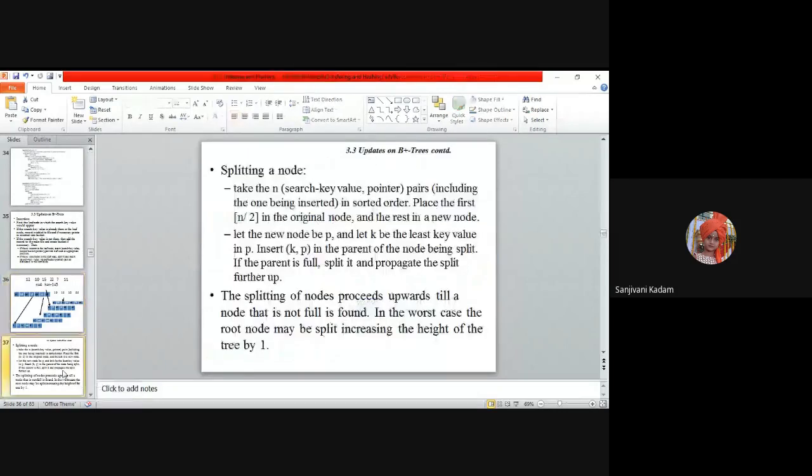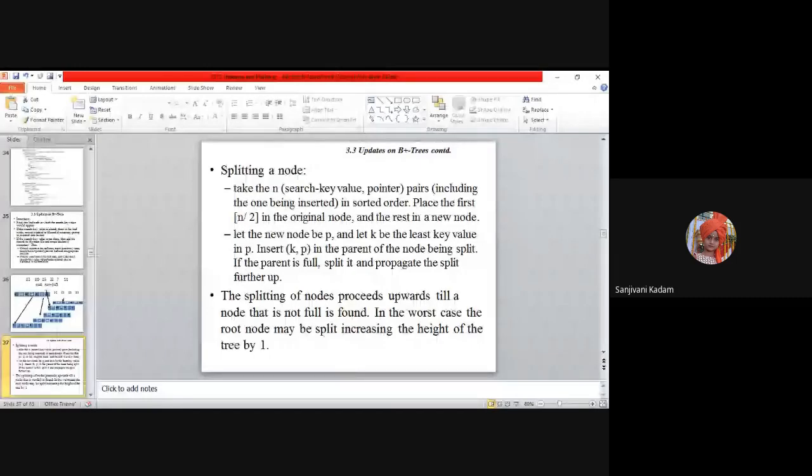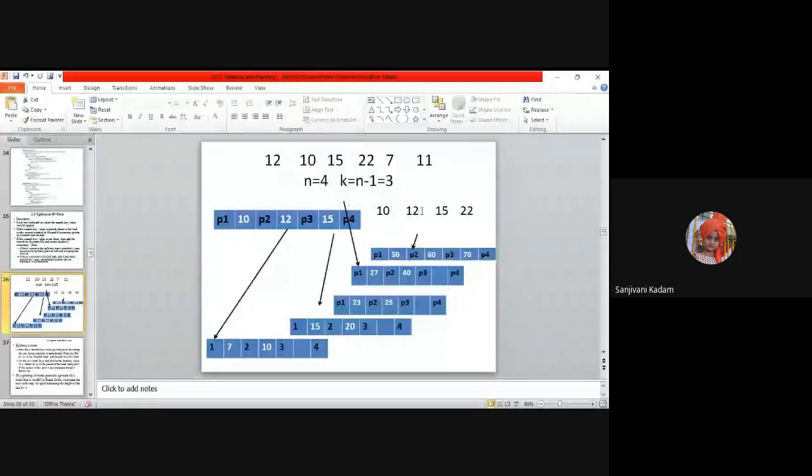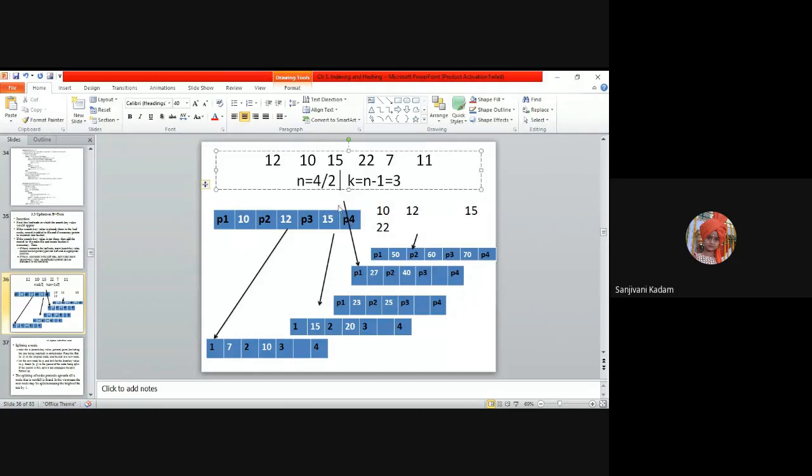Then it says to place the first n by 2 in the original node. So how do we perform the split? The actual size is order 4, and hence we can have only 3 elements. To perform the split, n by 2: right now n is 4, so n by 2 equals 2.